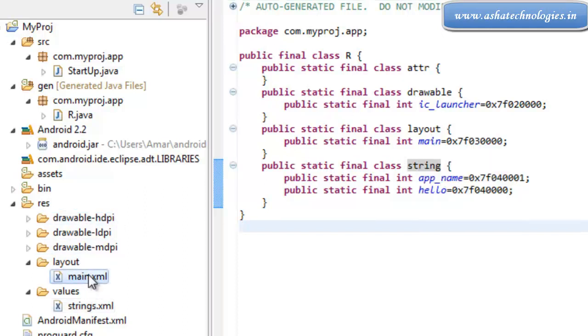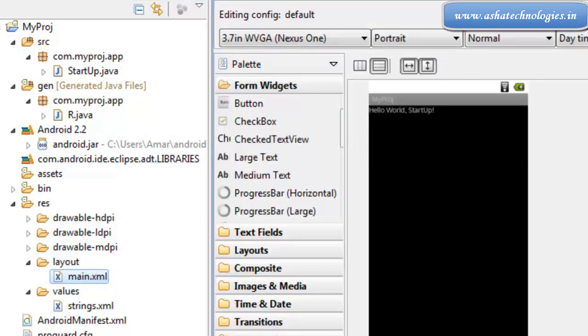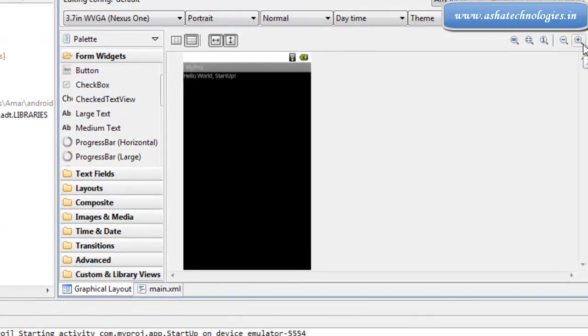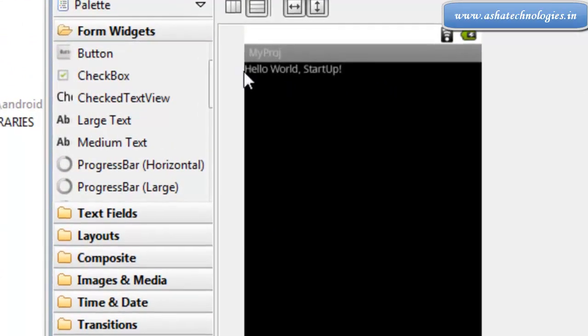Come to the main.xml file. Alright, this is the emulator screen. Here in this graphical layout, I can maximize this a little bit. In this graphical layout we have drag and drop options. You can drag components and leave them here.